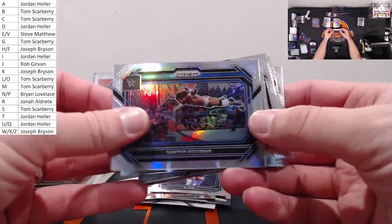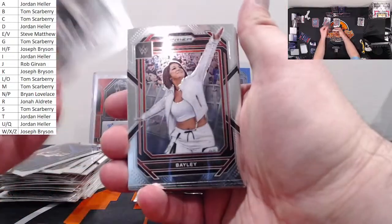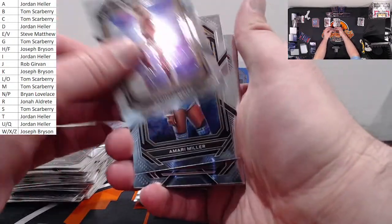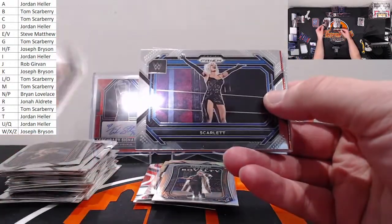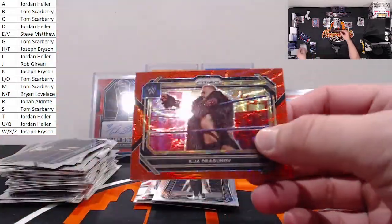We have Santos Escobar, Ring Royalty Baron Corbin, Bailey, Rhea Ripley, Carmelo Hayes, Amari Miller, Austin Theory, John Cena, Elton Prince, Scarlett, Ilya Dragunov,